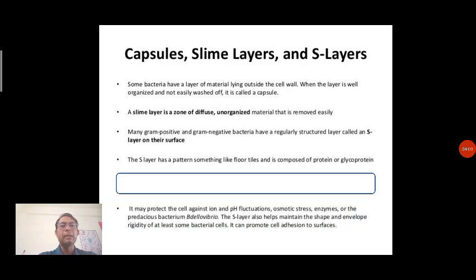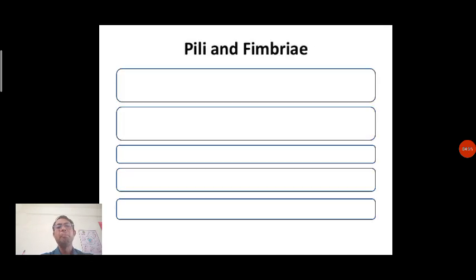The S layer is a protective layer, and it helps in the protection of that particular organism, and it provides rigidity to the bacterial cell, so we can say it is the most important layer present in the bacteria. So different types of layers are present on the external side: the capsule, slime layer and S layer are the layers present on the external side of the